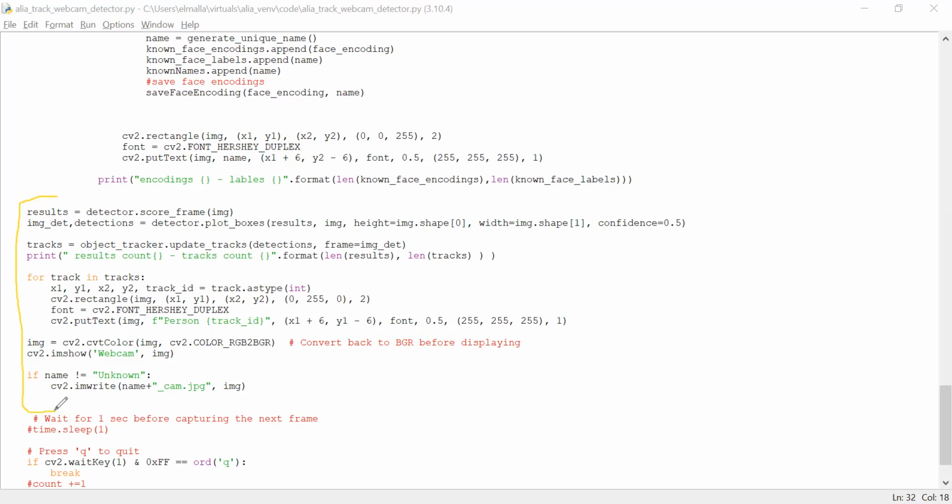That part actually is not working. It means this portion of the code is never running. It never goes to here. Why? Because the tracks array is always 0. It doesn't have any tracks. So it means that the output from that function